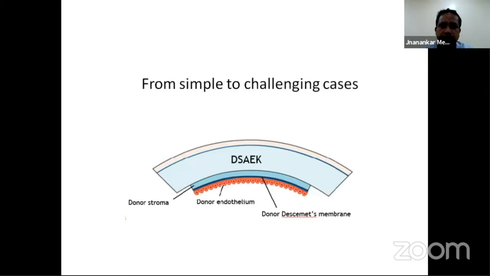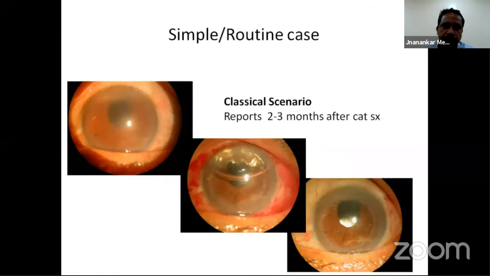From simple to challenging cases, whatever the situation might be, the end point is something like this, a well-centered graft in the center. So let us find out what is a simple case, or I would say what is a routine case. The classical scenario is a patient coming to you 2 or 3 months after cataract surgery, saying that his vision is not clear, or is not getting any better. On the left hand side, you can see a typical case of pseudophakic bullous keratopathy, which has undergone a DSAEK operation